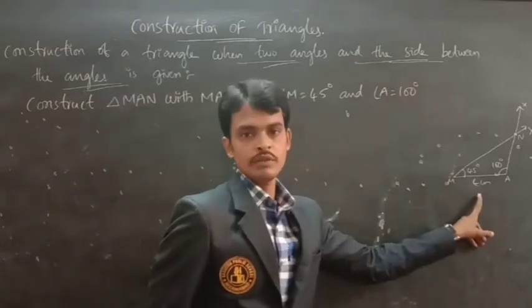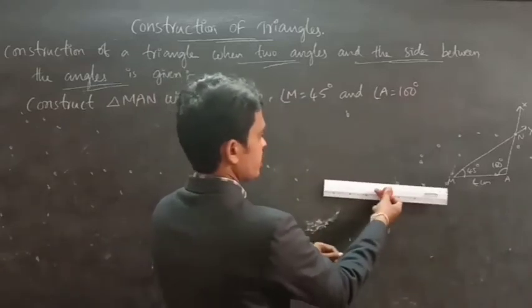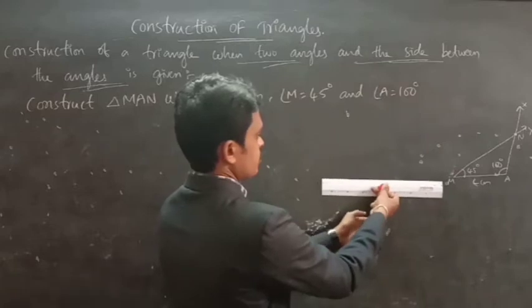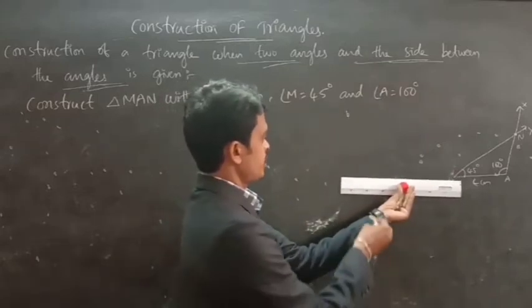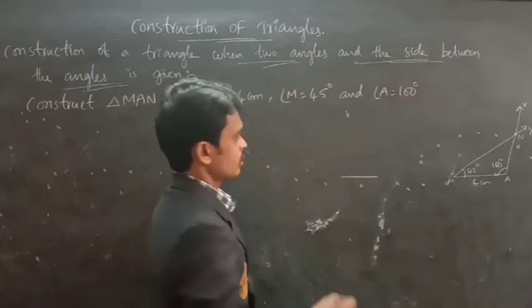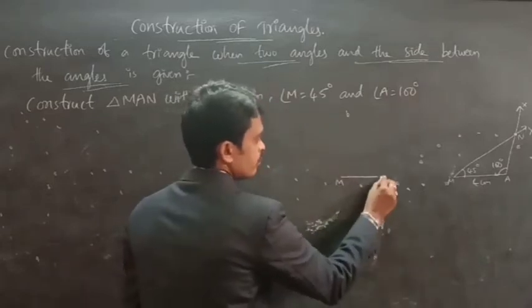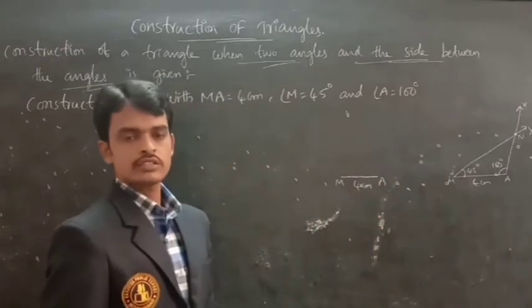MA, 4 centimeters. So first I am drawing the line segment MA, 4 centimeters. So here, 4 centimeters. Next,